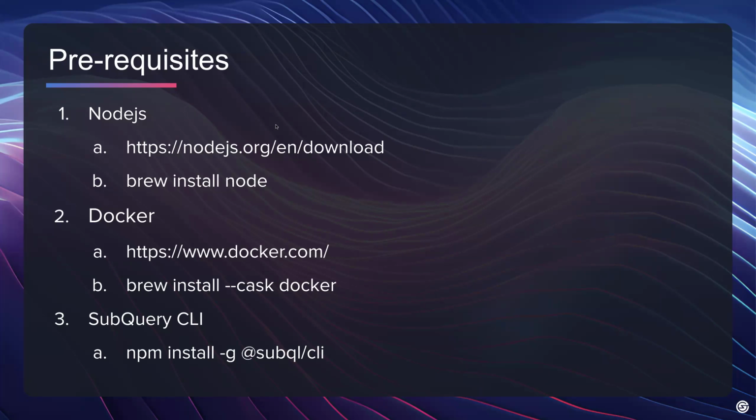And apart from the indexer itself, you'll need two more components to be run simultaneously. So that's a good strategy to launch. I will give more details during the demo. Finally, you'll need a SubQuery CLI. You'll need it, for instance, for type generation, which ensures type safety and therefore gives you a robust project that you can be sure is not going to fail at some point.